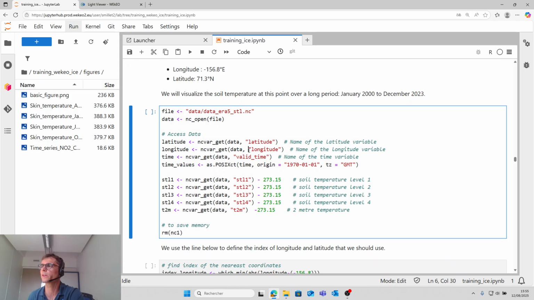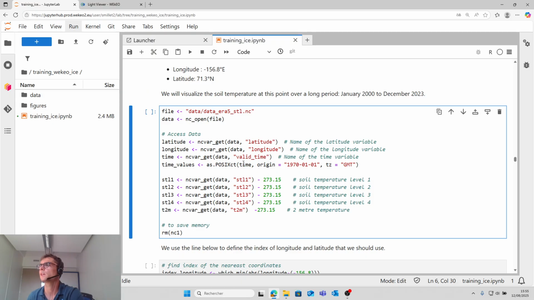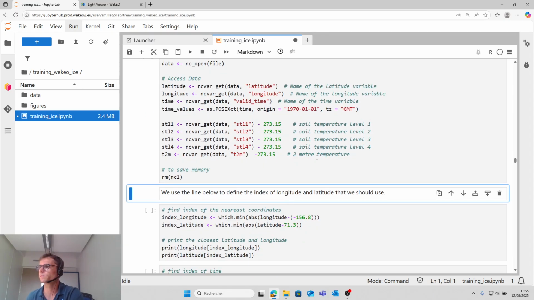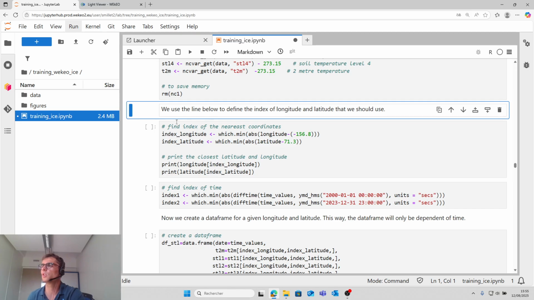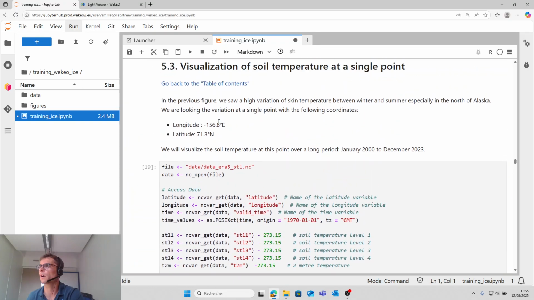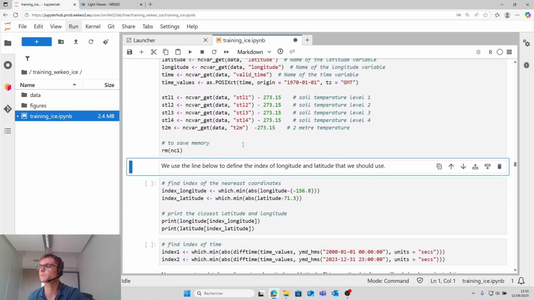And first we load the dataset. So it is another dataset. It is the ERA5 soil temperature level data. And we use the line here to select the nearest index of longitude and latitude about this coordinate.